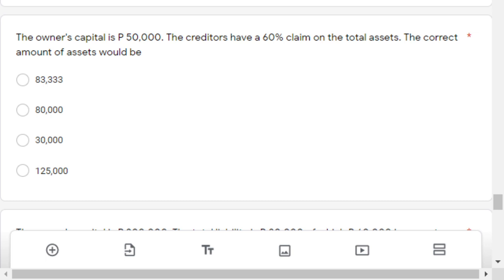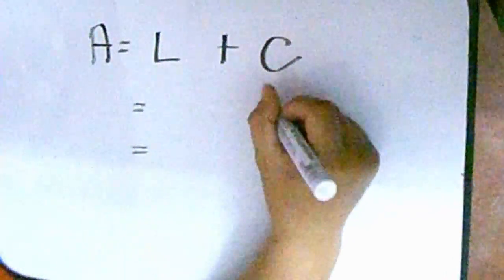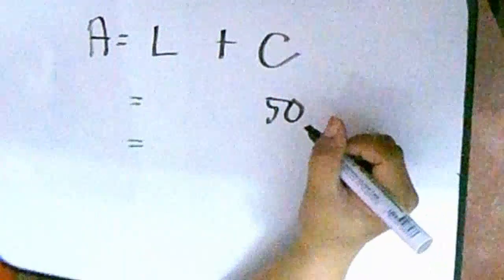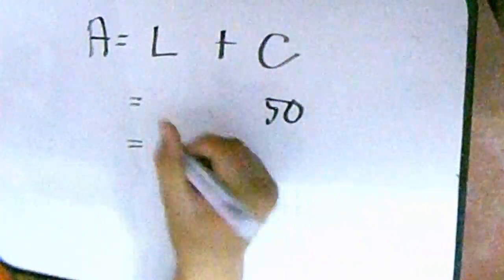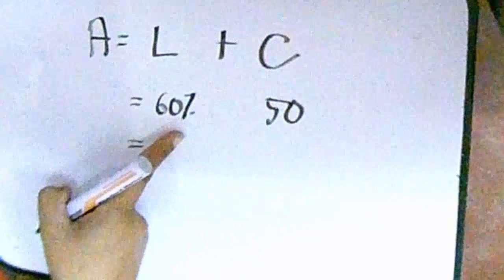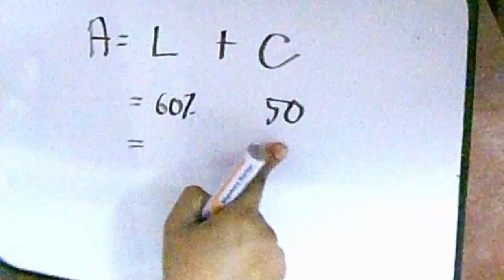Next, the owner's capital is 50,000. The creditors have 60% claim on the total assets. The correct amount of assets would be, again, using the basic accounting equation, yung capital na natin is 50,000. And then, meron tayong creditors, 60% yung kanyang claim on the total assets. Ibig sabihin ito is